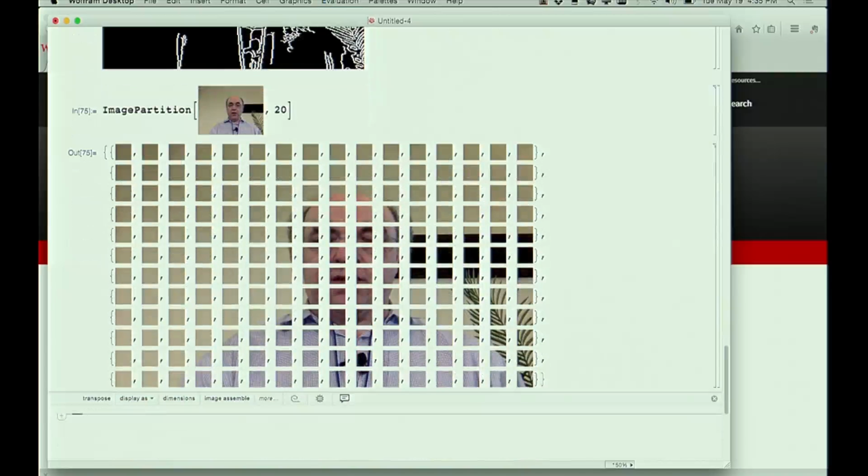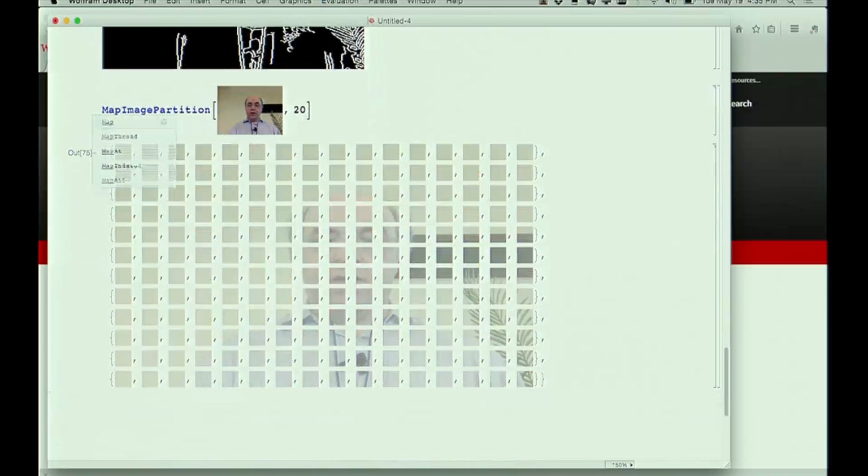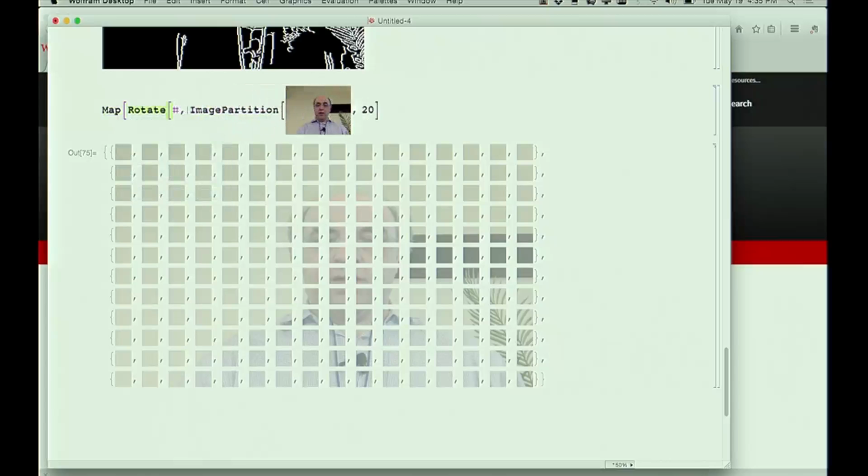Then we could map, let's say, rotate through some angle theta on each one of those little images, and map that there.